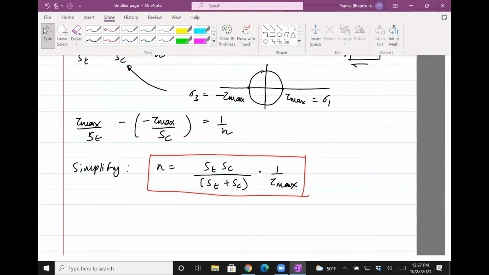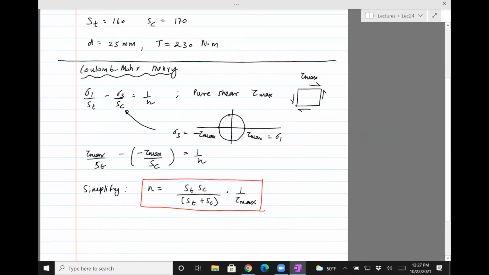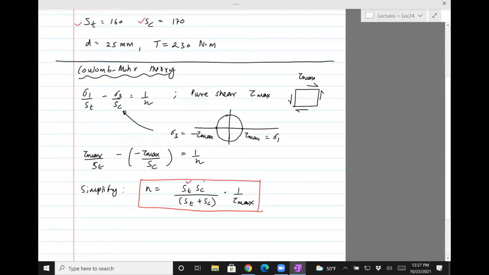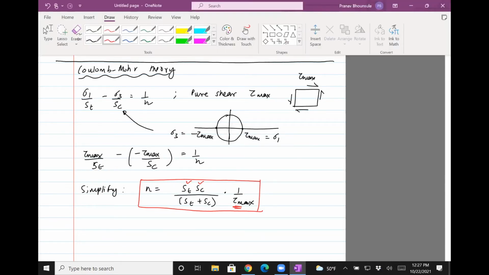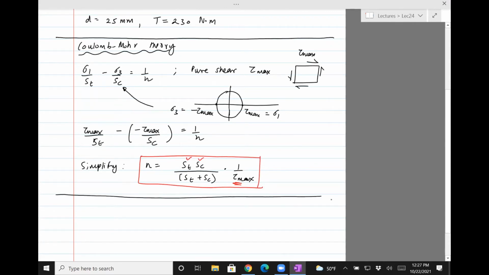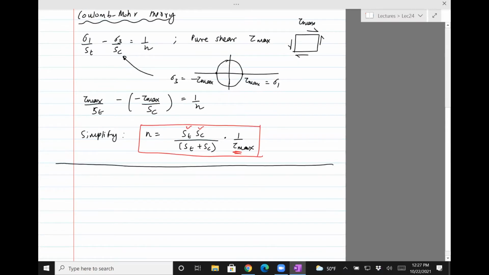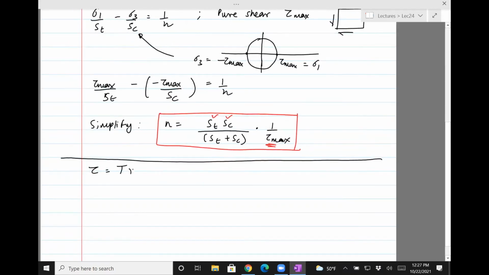So it turns out that if you see this, we are given St and Sc, so these are known. We only need to compute tau max, and tau max can be found based on the fact that the shaft is loaded in torsion. So there's a formula which relates tau to torque, right? Tau is T times the radius, because the maximum shear stress occurs at the circumference of the shaft, and the stress decreases linearly to 0 at the center. TR divided by J,